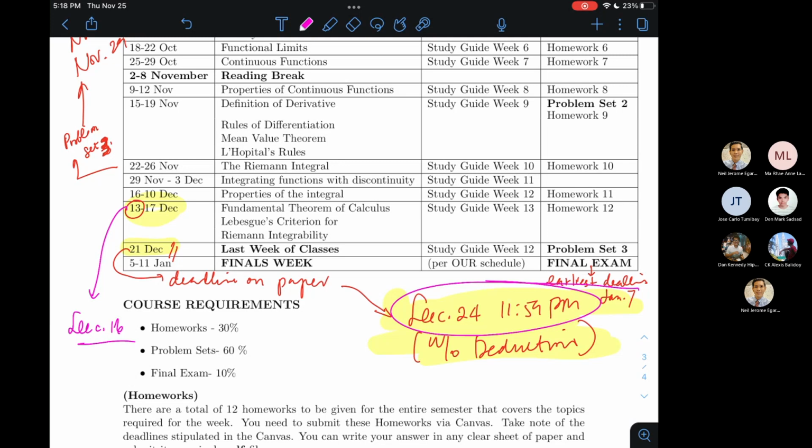Pero again, kung gusto nyo matapos before yung break, so that's December 16, 17, 19, 20, and 21. You will have 6 days for problem set 4. Probably 3 items lang siya uli. So 2 days per item. You should be good. Pero kasi baka marami rin kayong requirements on that week. Sige, papayag ako hanggang December 24 yung deadline. Okay? And then the final exam would be on December,